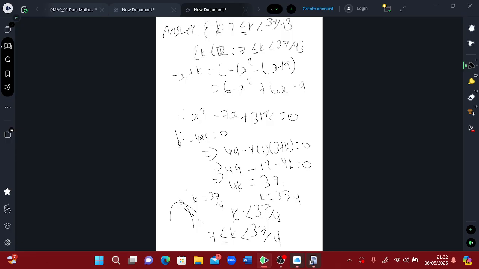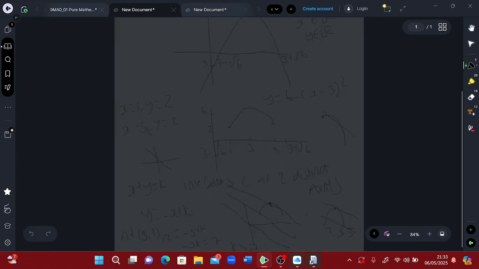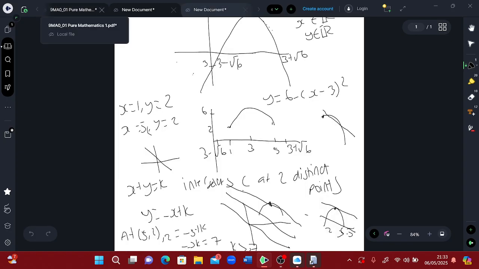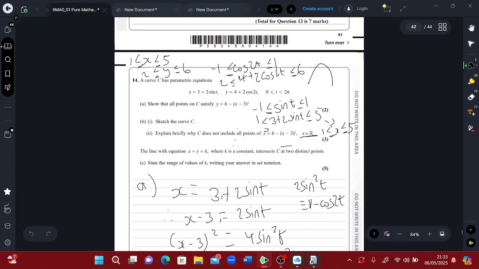Yes, 37 over 4. Yes, 7 between K and 37 over 4, and you have to give the exact inequality. Yeah, so I got it right. Okay, so I got the answer. That's the answer, so you can leave it there now, I guess, if you wanted to. But if we're going to explain it more succinctly,